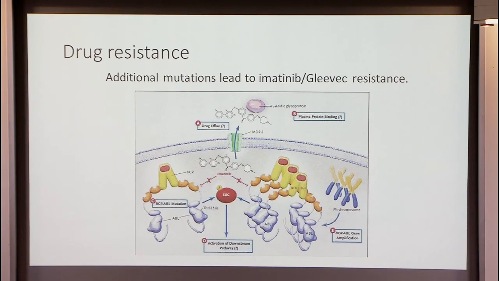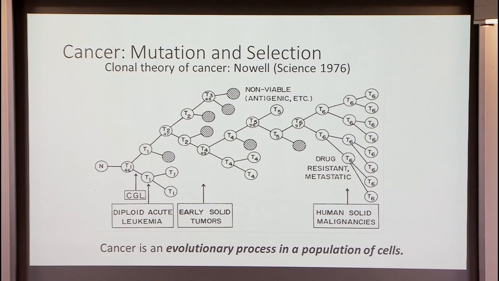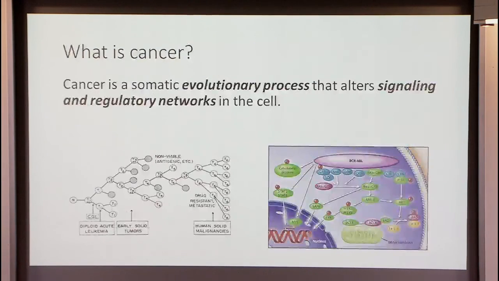So this leads us to another part of cancer that's important and that we need to discuss, and that's that it's an evolutionary process in a population of cells. So it's always changing. Mutations are always accumulating. If you change the selective pressure by treating your tumor with a drug like imatinib, you might then select for mutations that lead to resistance to that drug. So characterizing this process is an important part of what we need to do.